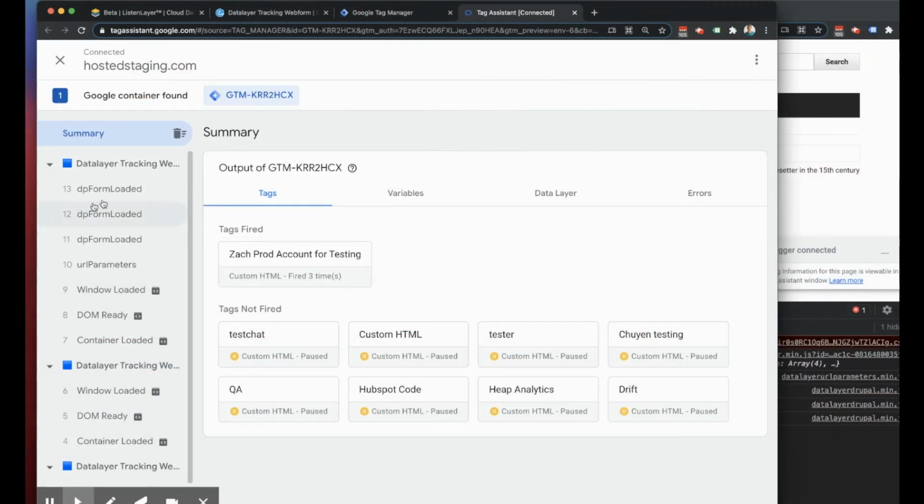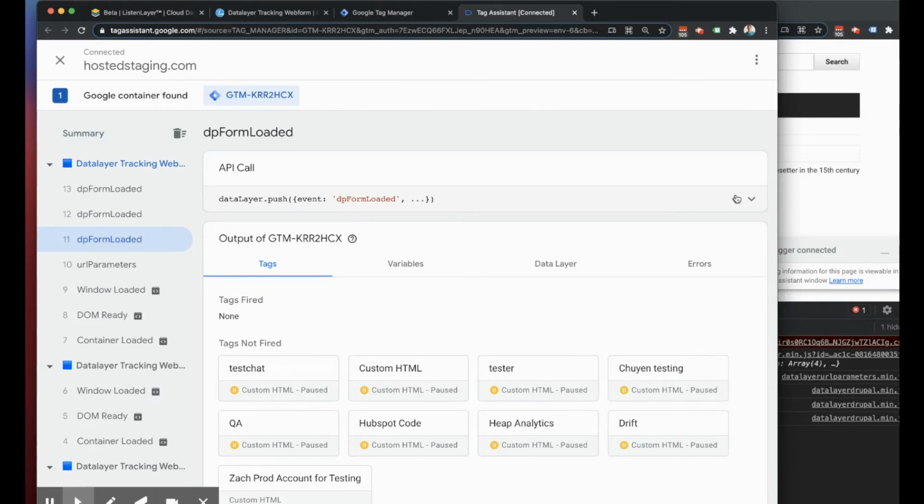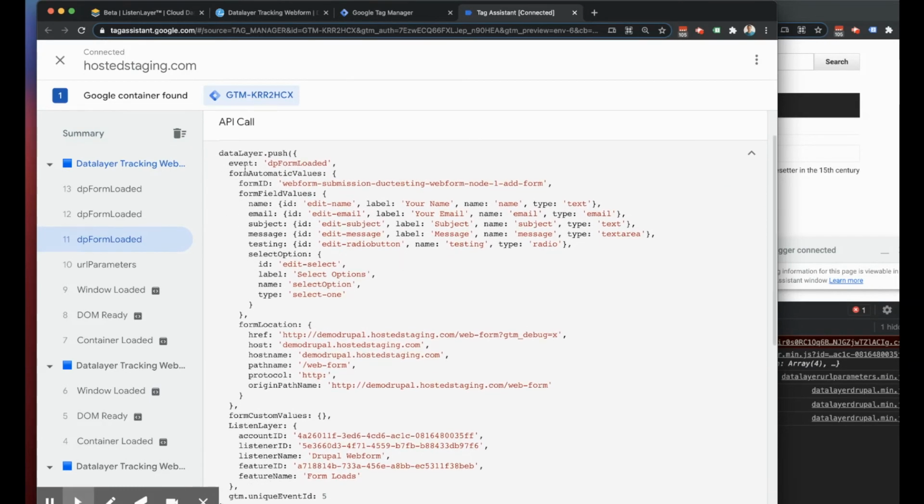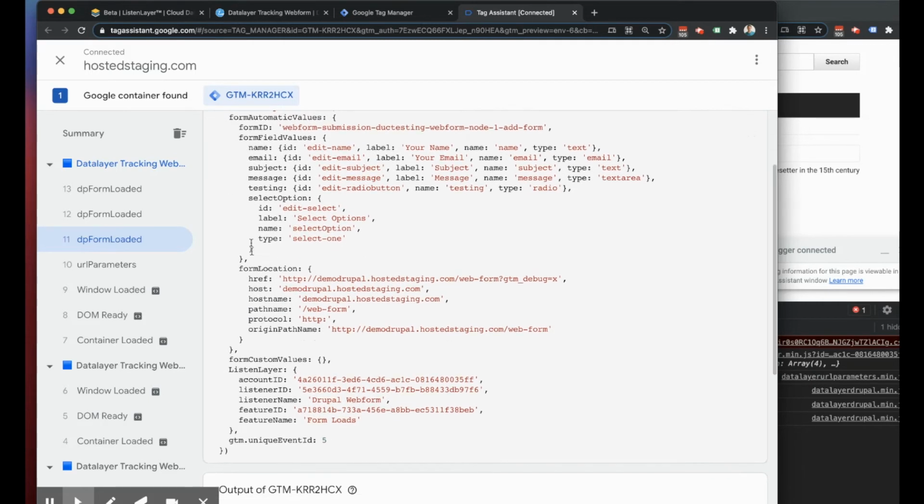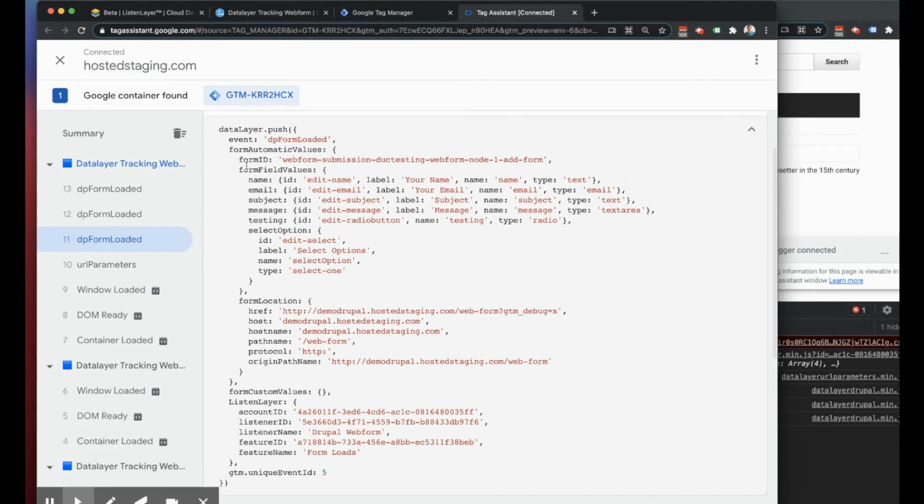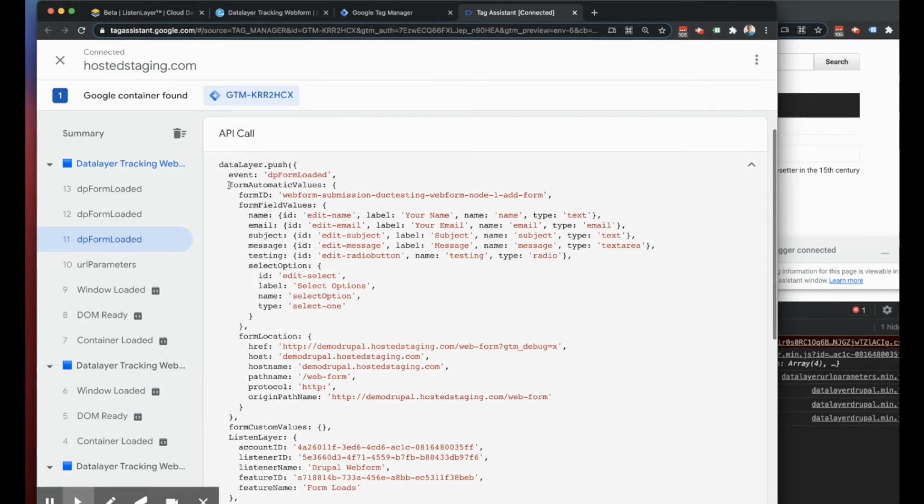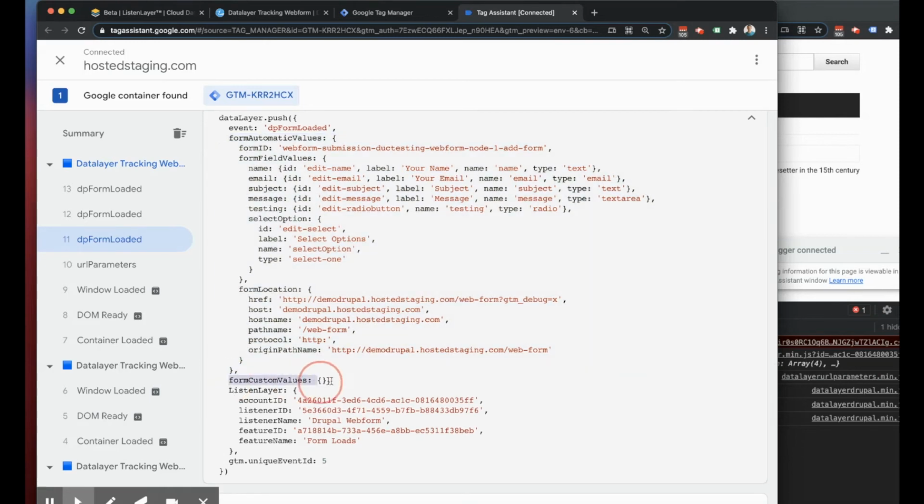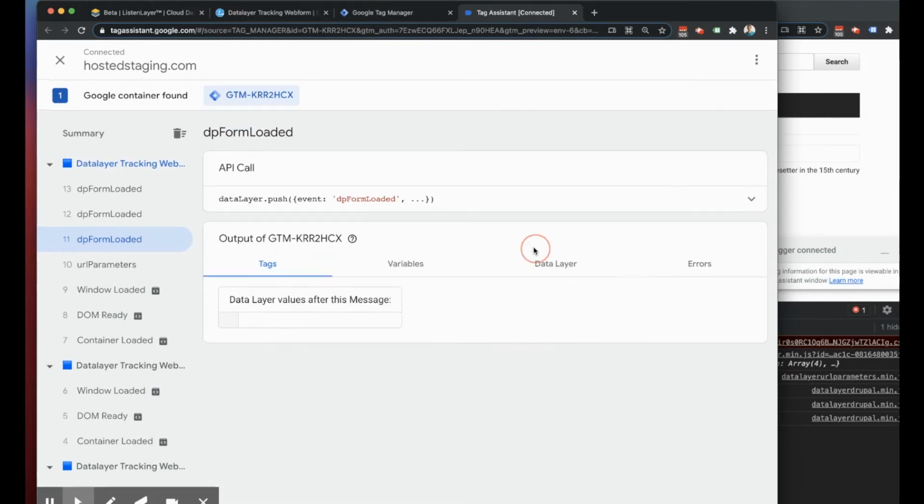So here you can see we've now launched the Google Tag Manager debug. And the 3 form loaded events that we saw originally in our console are actually being read by Google Tag Manager and pulled into the debug view here. So here is the data layer information that's being pushed into the data layer by ListenLayer when a form loads on a page. And again, you can see the set of automatic values. You can see the custom values is currently empty, form location, form ID, all of those things, much easier to see in this view. Google Tag Manager then reads those,